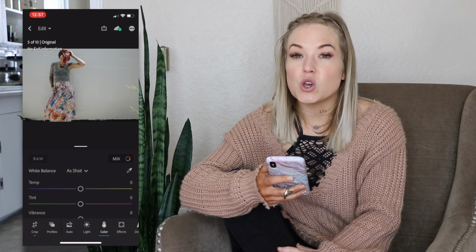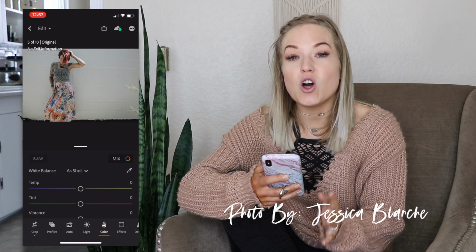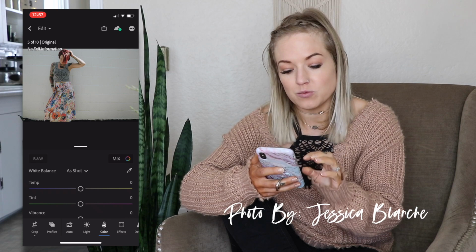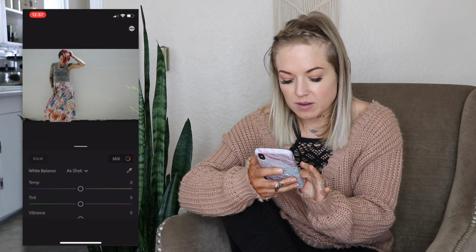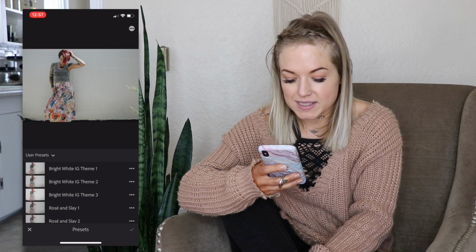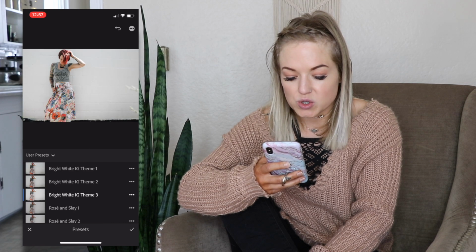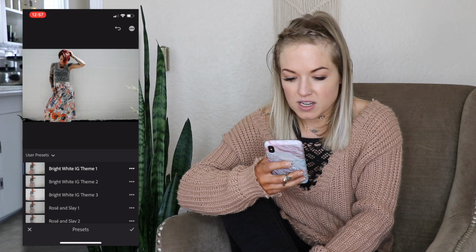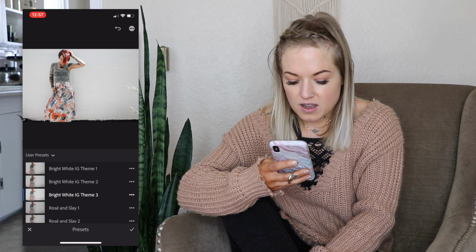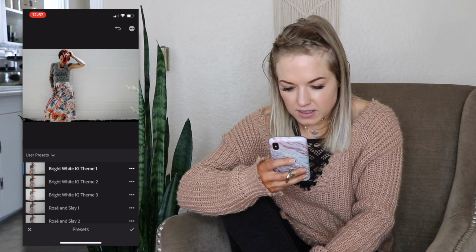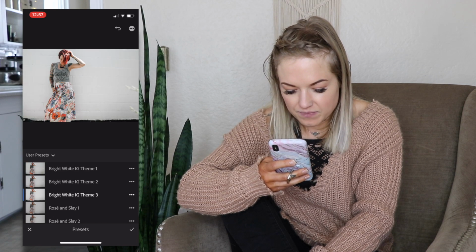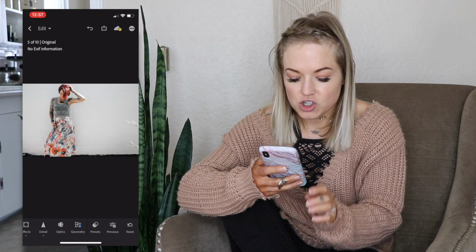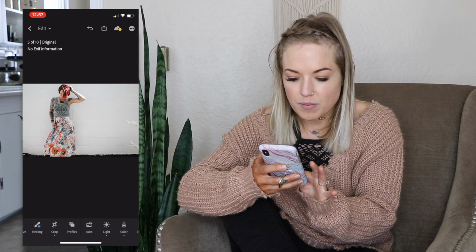This next one I am so excited for because I could just tell by looking at it that this photo is just gonna be so good with my presets. So the first thing I'm gonna do is come over here to my presets, and I already know which one I wanna use for this one, and that is the Bright White IG3. So I'm just gonna click on the check mark here,